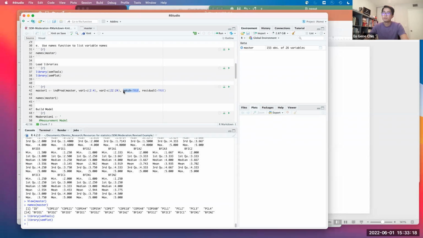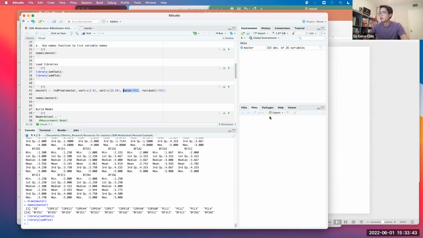Well, when you create the interaction indicators, at least this is how some people might do it, they would take every combination of your indicators here, variable 1 and variable 2, and multiply them, and do that for every pairwise combination.